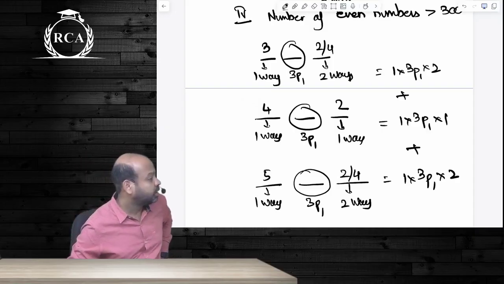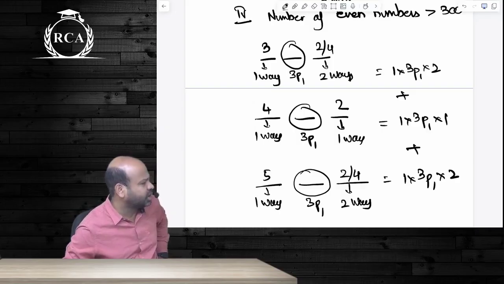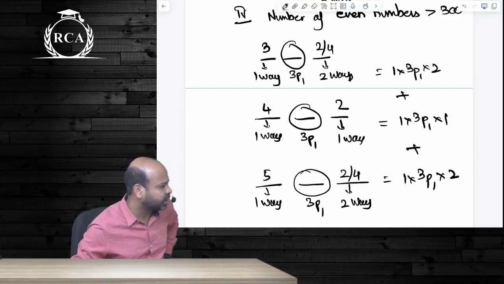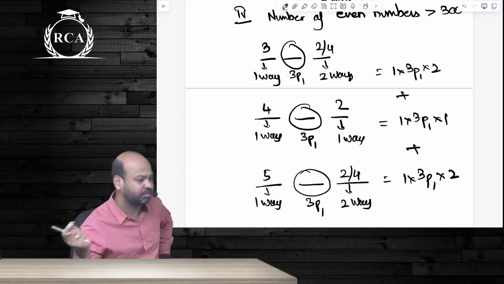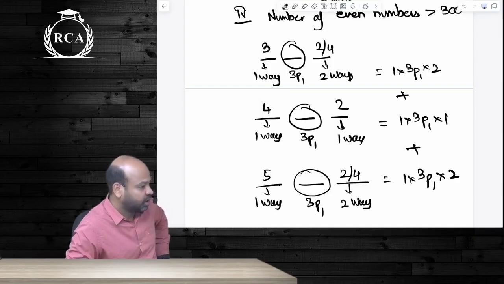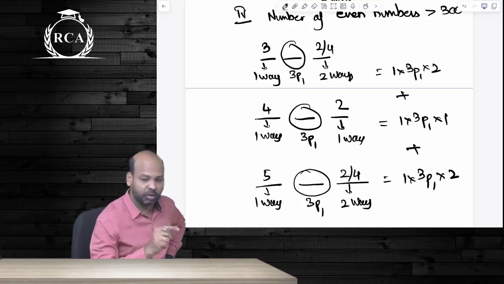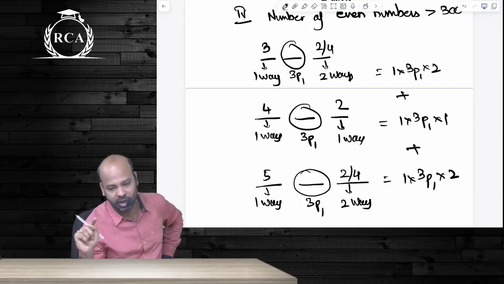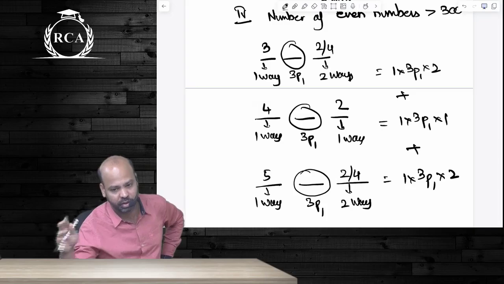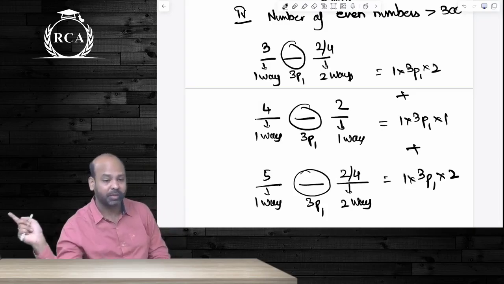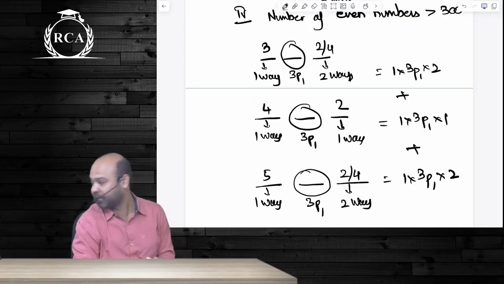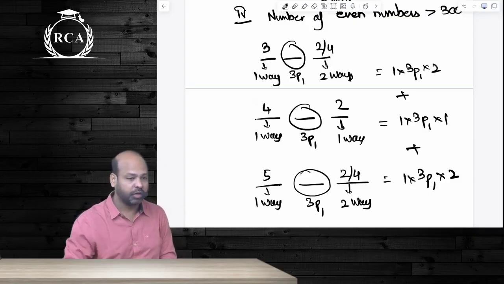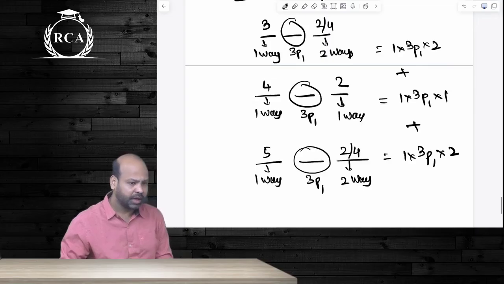Next. Sum of digits formed by 4-digit numbers. Remember? How will you get it? They will give you 4 digits and ask you to arrive at the sum of all 4-digit numbers that can be formed using the digits. What will you write? Sum of digits multiplied by 1111 into 3 factorial. If there are 4 digits given, you will have to multiply by 3 factorial, because if one digit comes in one place, the remaining 3 places can be filled up in 3 factorial ways. Are we clear? Yes or no?